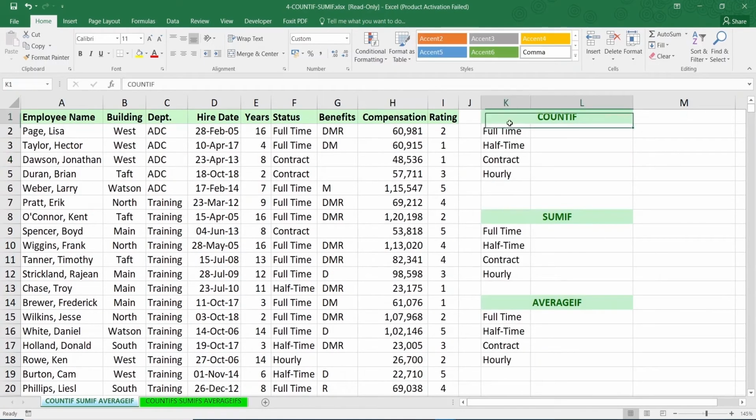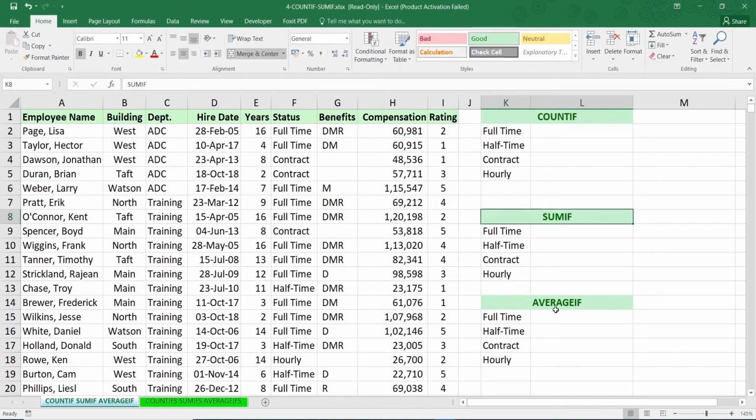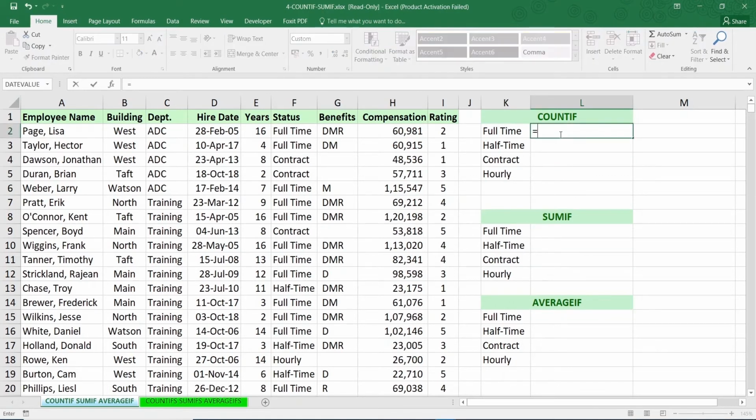But apart from that, people always know about SUM. One thing that you usually don't know about is SUMIF, AVERAGEIF, COUNTIF. All right. So we know about COUNT. What COUNT does is simply count the number of fields present in a given list. But what exactly is COUNTIF, what exactly is SUMIF, and what exactly is AVERAGEIF? Well, COUNTIF, let's start. When I enter COUNTIF and press tab, COUNTIF basically counts the total number of values present in a list based on one particular criteria.